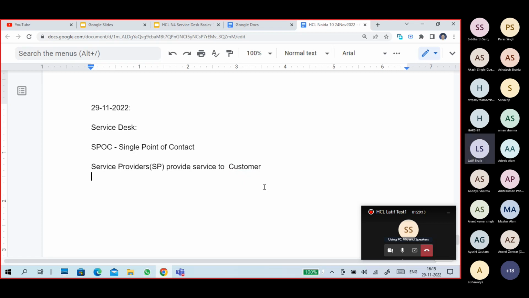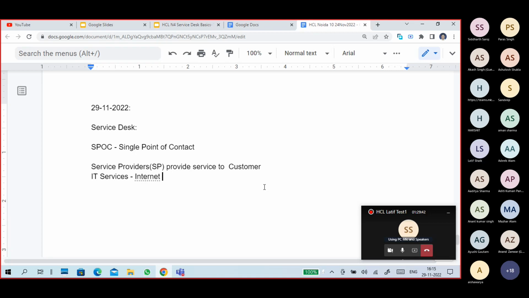What is this service? In the IT industry, or in IT businesses, everything is a service. For example, you take IT services. You can search in Google also, IT services. What are these IT services provided by service providers?